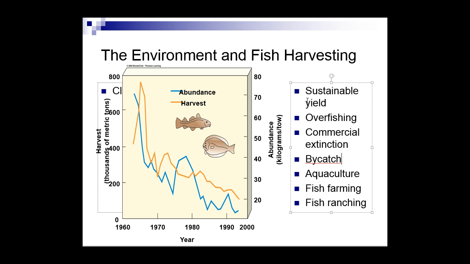You're catching enough that the population can rebound, and as a result, you can ultimately fish the fish theoretically for an indefinite amount of time, because the population will always be there. We've started to do this with crabs around Maryland. They've put enough laws in place now, like you have to throw back females, you cannot catch males over a certain age, or under a certain age, all these sorts of things. The crab has to be a certain size. So that has allowed the crab population to rebound and become more sustainable in Maryland. And then we've already talked about aquaculture, which is the fish farming and fish ranching.